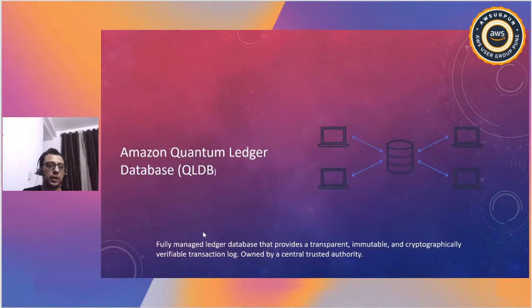Okay, so the two services, which are Amazon Quantum Ledger Database, called QLDB. A lot of blockchain purists will say this is not a blockchain because there is no distribution. This is a fully managed, centralized service. But here the transactions can be verified. It is inspired by blockchain, not purest blockchain, but inspired by it, where all your transactions